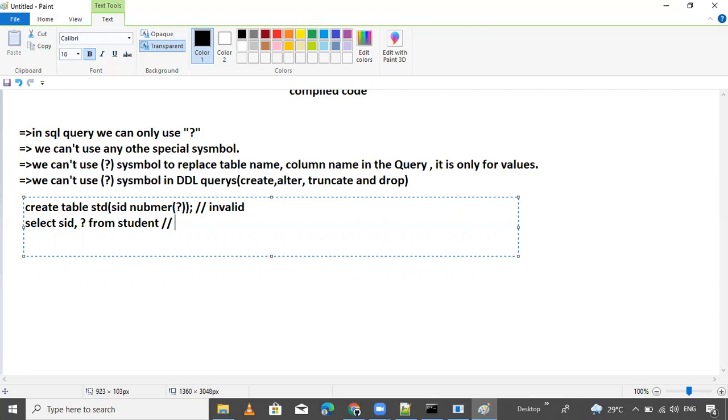Then update: set mark equals question mark, for the updation, where SID equals 101. So tell me, this is invalid, and this is also invalid.